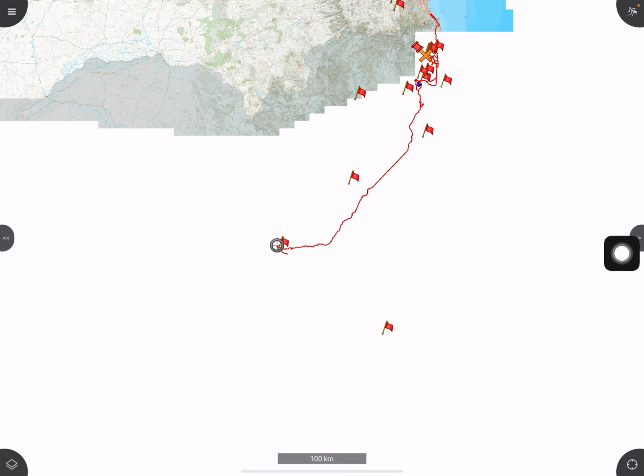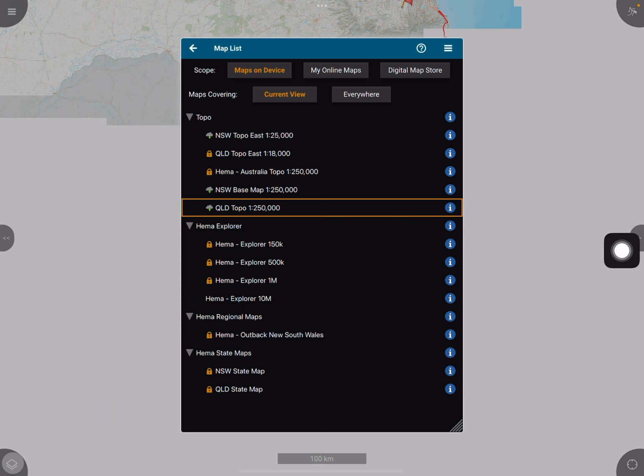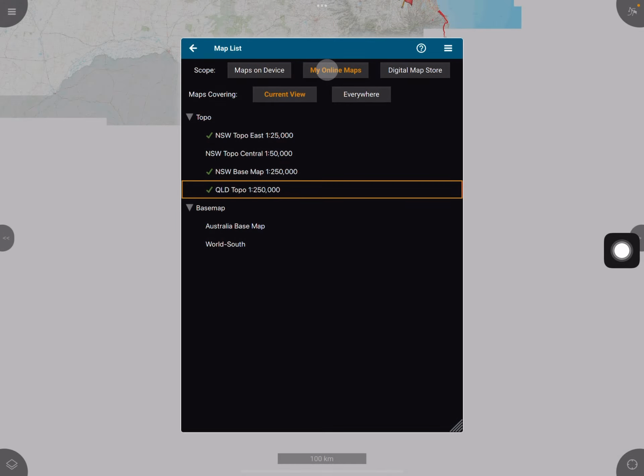But you're going to come down to this bottom left corner and you're going to open it up. You're going to go into My Online Maps. This is the stuff that I've got stored here. Now, I did have a conversation with the owner of this app, and he initially started giving us free downloads to maps. I'm not too sure if that's the case now. So if for some reason, when you click on,